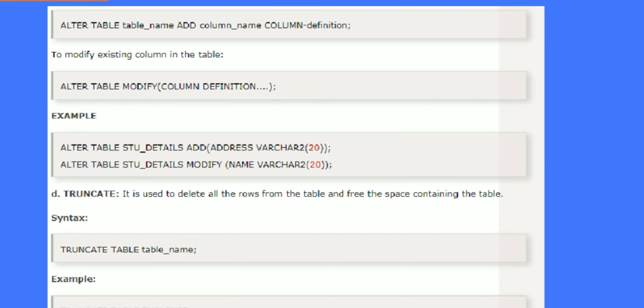See, previously we created an employee table. In the table we are adding one more column, there the column name and the column definition. Column name means, suppose you are giving marks, and marks should be a number of 3, because the maximum size is 100 marks, so in brackets we are giving 3.